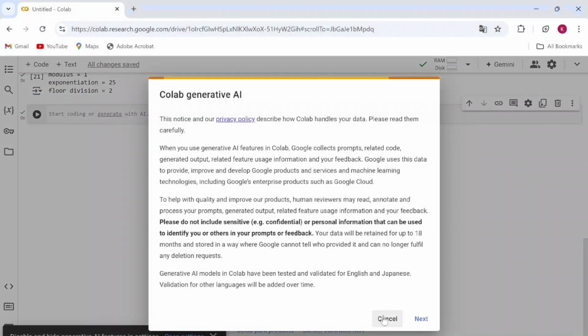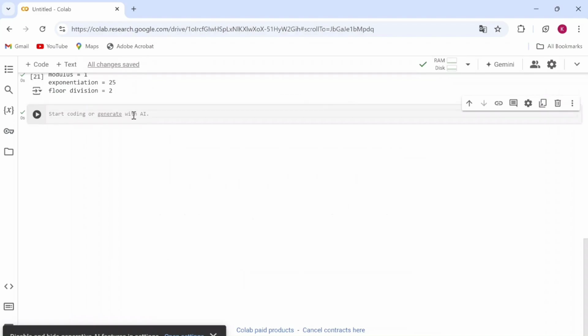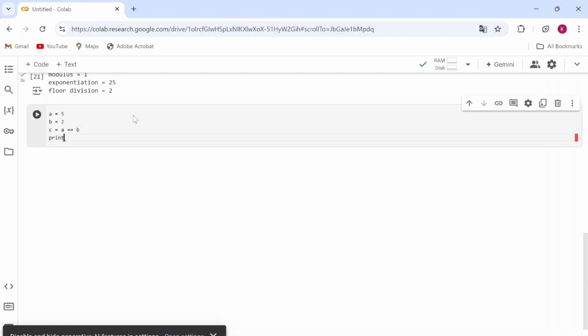So firstly, we will take variable A and assign it value 5. Then we will take B, assign 2. Now we will take C, in which we will compare A and B, A equals to B, and we will print "A equals to B", comma C. Same way, we will take D, in which we will compare A is not equals to B, and